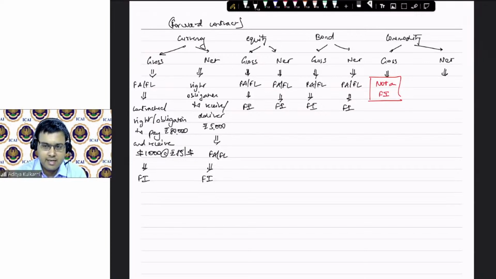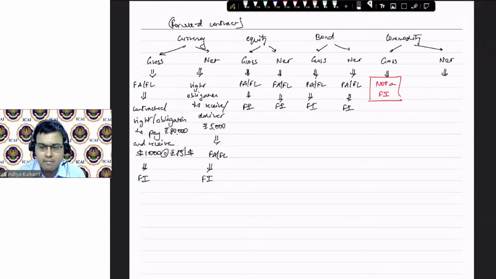You go to Tanishq and say, look, I don't need 10 grams of gold, but I have this contract that entitles me to buy it for 55,000 rupees. So instead, you don't give me 10 grams of gold. You give me the net amount, 61 minus 55, that is 6,000 rupees. So here there is a contractual right to receive 6,000, and for Tanishq it is a contractual obligation to pay 6,000. So now in the case of net settled commodity derivatives,